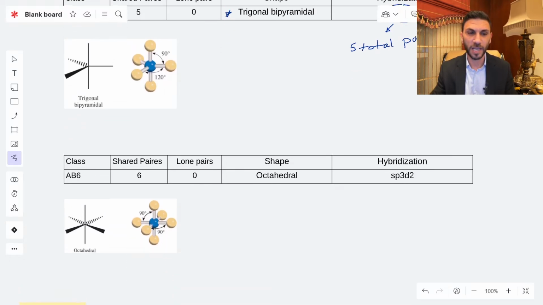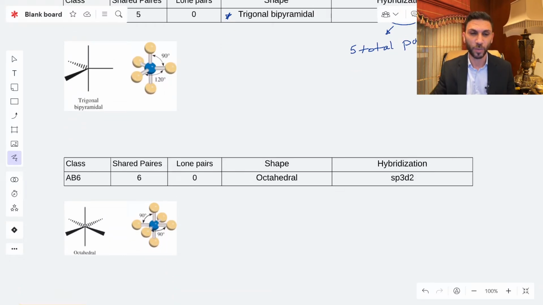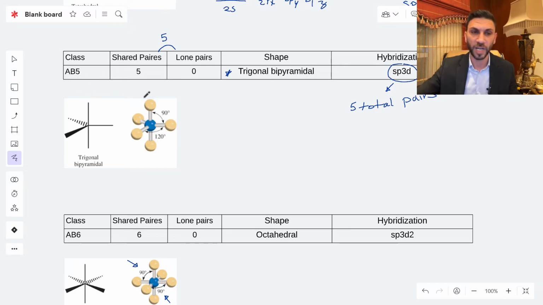Last class about shared pairs without lone pairs is AB6. In AB6, we have 6 shared pairs and 0 lone pairs, and the shape is octahedral. We have only one type of angle here. All of them are 90. All the angles between the bonds are 90. But in the trigonal bipyramidal, AB5, the angle between these two is 90, but the angle between these two